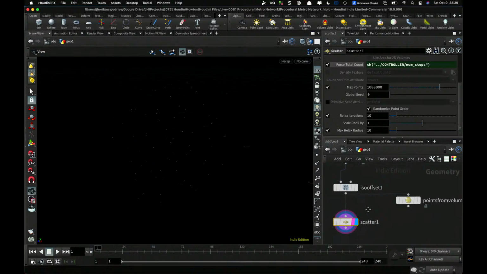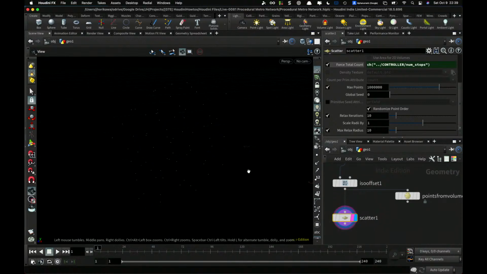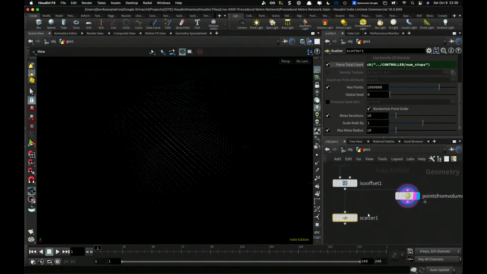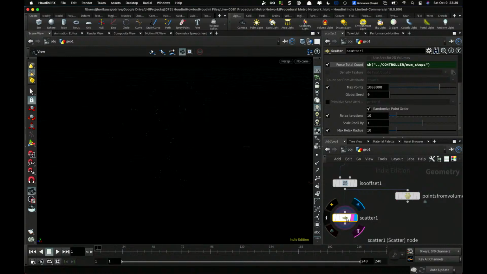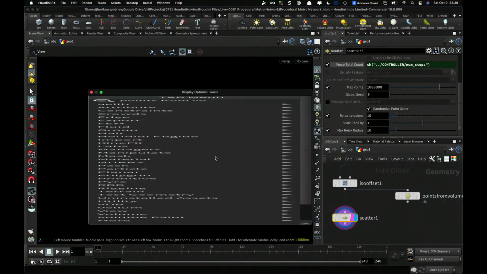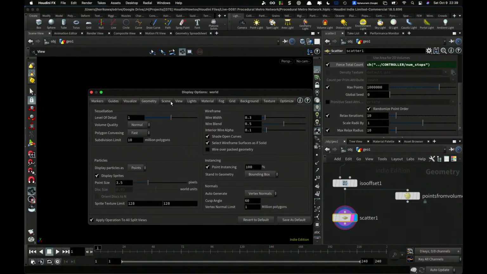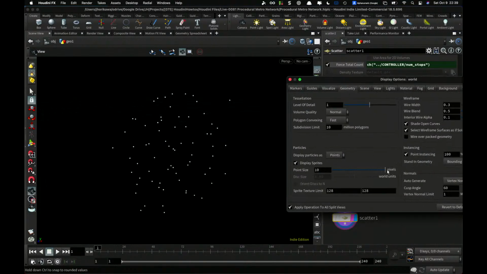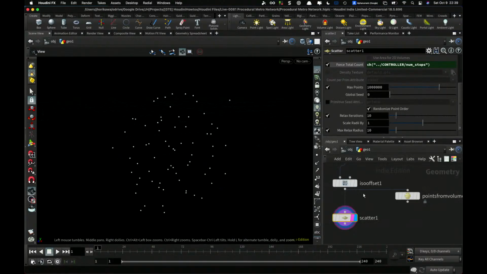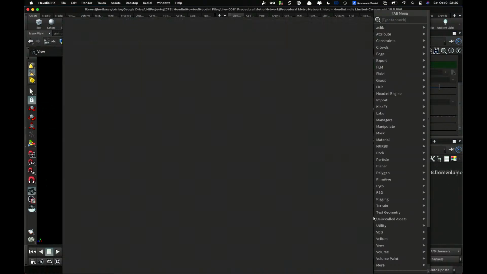So what I'm going to do is find the closest point from these grid points and then snap onto that closest point. Now it's a bit hard to see the points, so I'm going to raise up the point radius a little bit. All right, that's good. Okay, so let's snap this first,